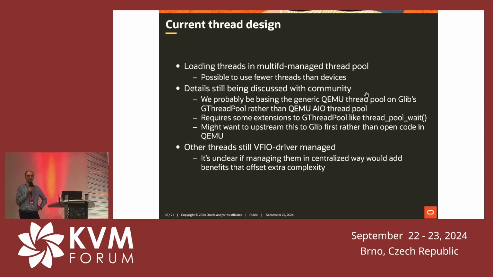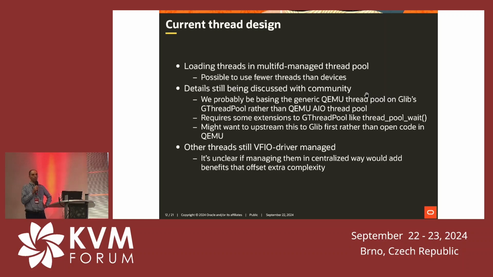The details are still being discussed with the community right now. The problem was that QEMU did not have a generic thread pool. The only thread pool in utils was for AIO, and it wasn't possible to directly reuse it for generic worker threads. My last attempt actually introduced a generic thread pool, but it was suggested